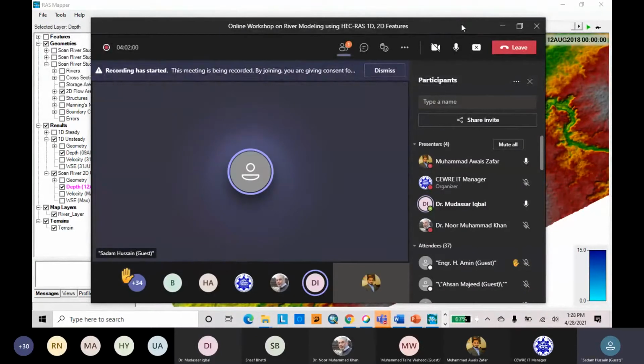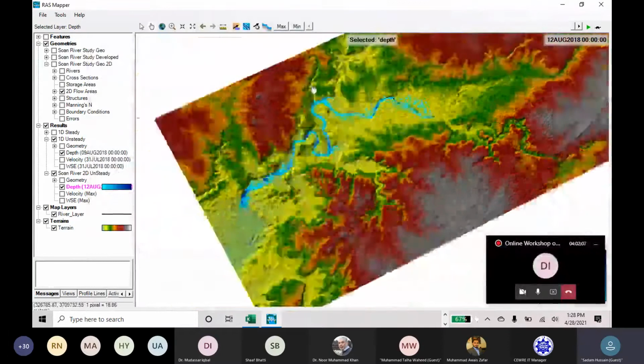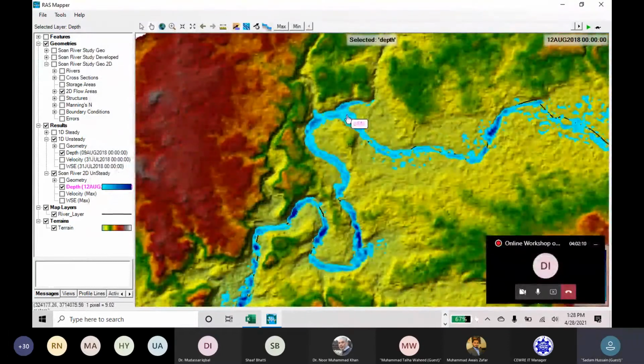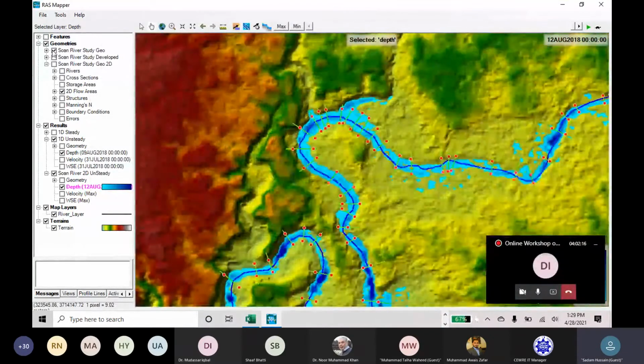Yes, the question is related to the number of cross sections. Then let me explain here. You can see here that the water is flowing in this direction. Let me open the first 1D cross section.